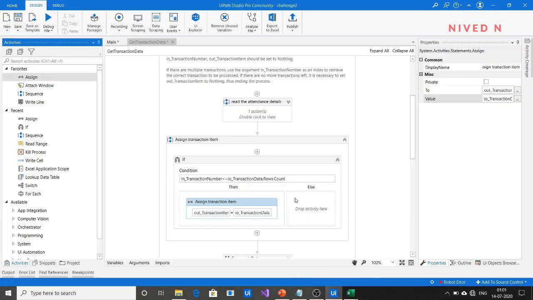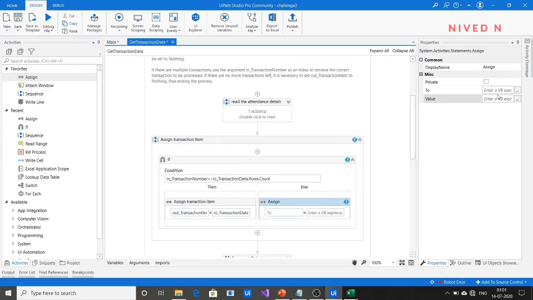But if this condition is not satisfied, meaning the transaction number is greater than the row count of the transaction data, you can assign the transaction item as nothing, because there is no data there for processing. So we can specify it as nothing, which actually marks the end of the process.